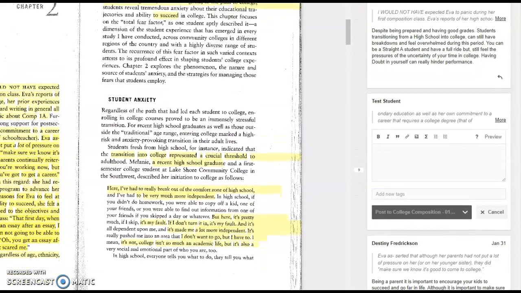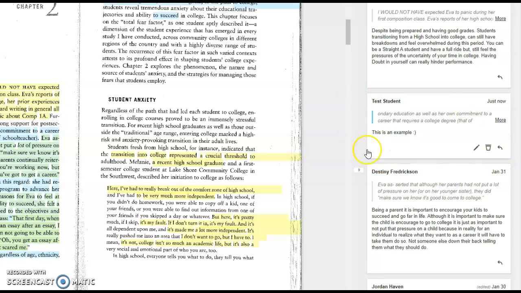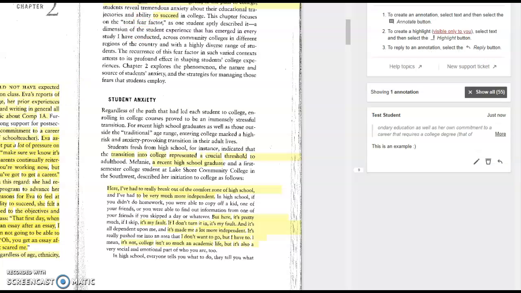where you can leave a comment. You'll start typing like, this is an example, smiley face. And then you'll click post, and then it becomes public for everyone to see. So anyone who looks at this highlighted portion, their